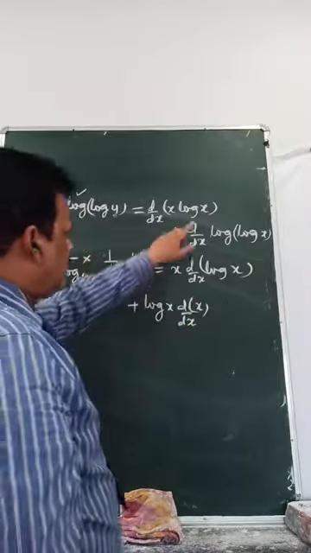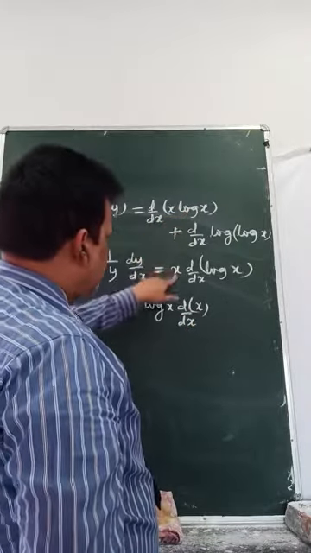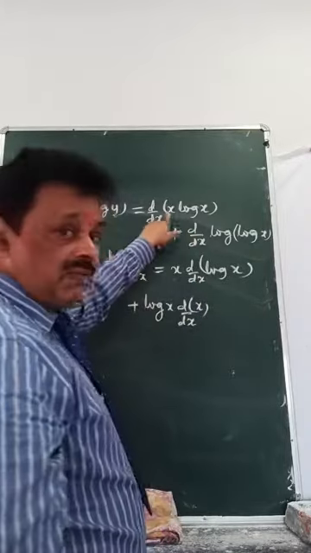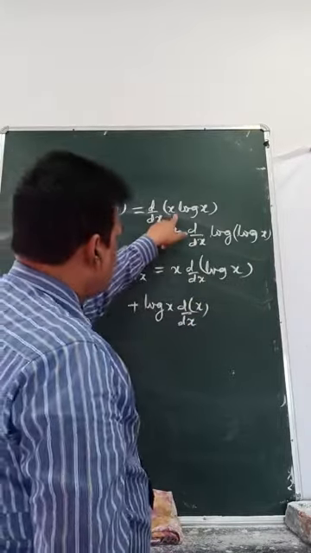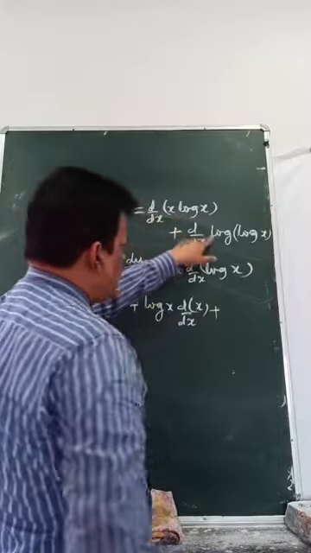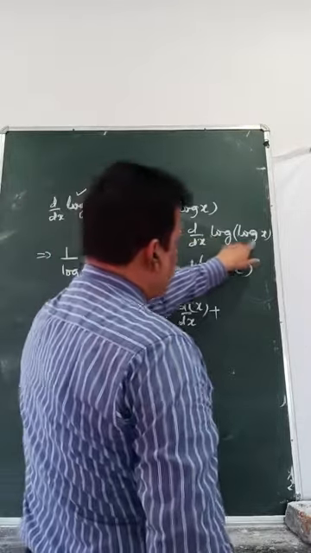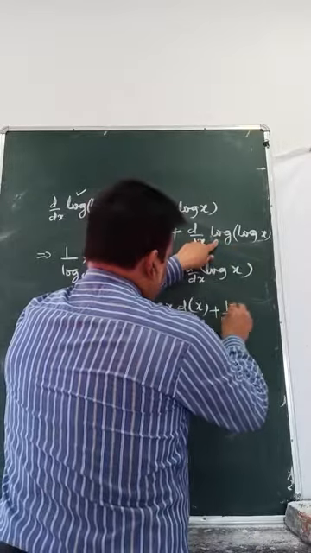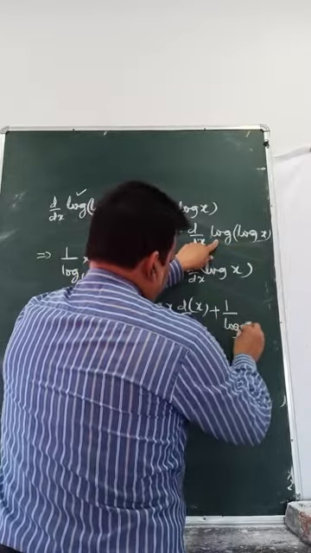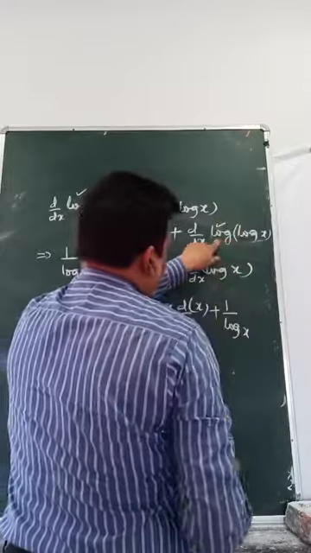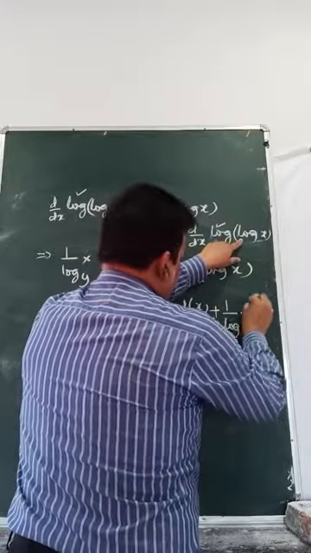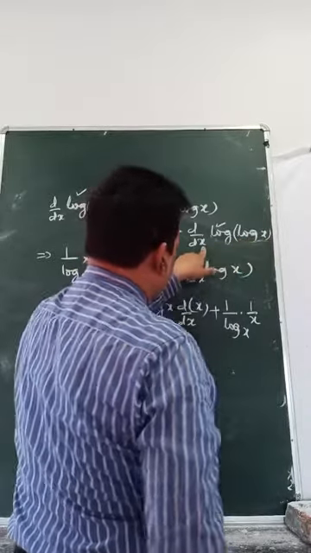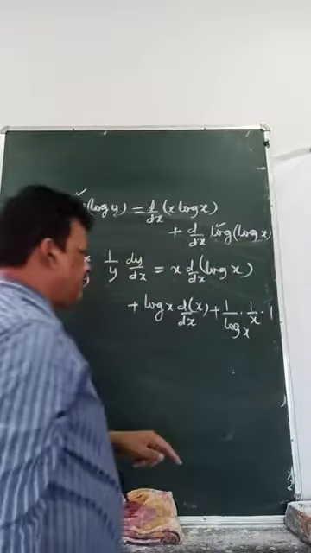Check it again. First function derivative of second, then second function derivative of first. This part is over. Okay, come back to this one. Again this log, this is a composite function here. This log derivative is 1 upon log x. This log I have done. When I go to find this log, it will be 1 upon x. Again when I go to find x with respect to x, that becomes 1.